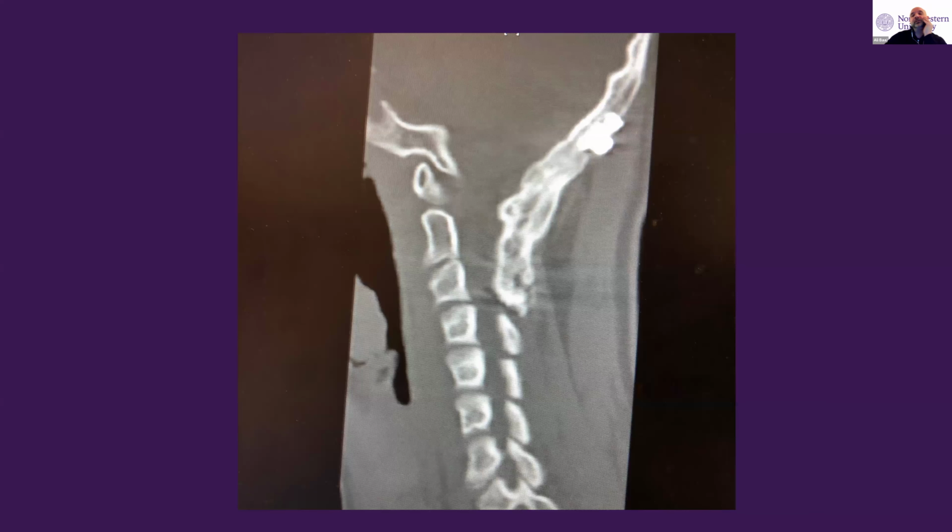A few slides here on OC fusions. Luckily, we don't have to do a lot of OC fusions, but when we do, it is very important to get it right. And I picked up this picture from my phone not too long ago because OC fusions are really hard to do, right? It's a tough area to achieve arthrodesis across. It's probably one of the few areas outside of ALIF where I do use a bone morphogenetic protein, BMP, or infuse. And I do like it at the OC junction, actually, because it is a very difficult area to fuse. But you can see you can get a very solid fusion even across the OC junction,